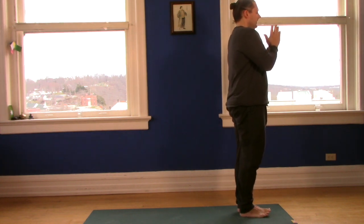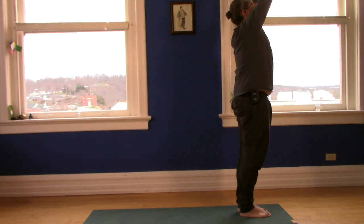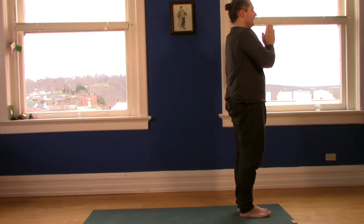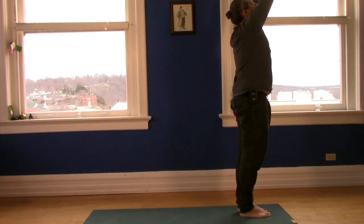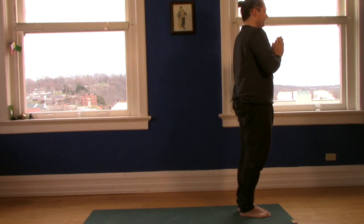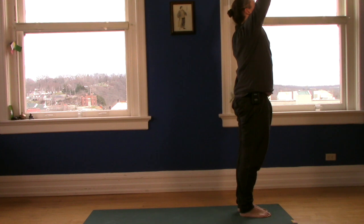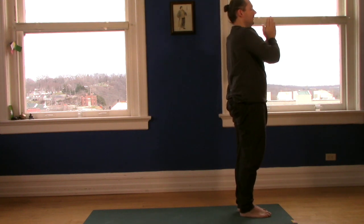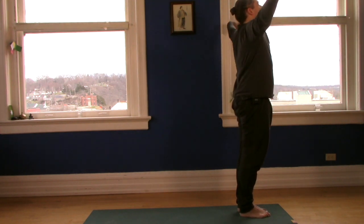Hands at heart center. I'm going to inhale, coming up. Looking up at the palms. Exhale, back to heart center. Again, inhale, coming up. Exhale, heart center. Still open through the chest and shoulders. Inhale, coming up. Exhale, heart center. Good. This time, as we inhale, coming up,